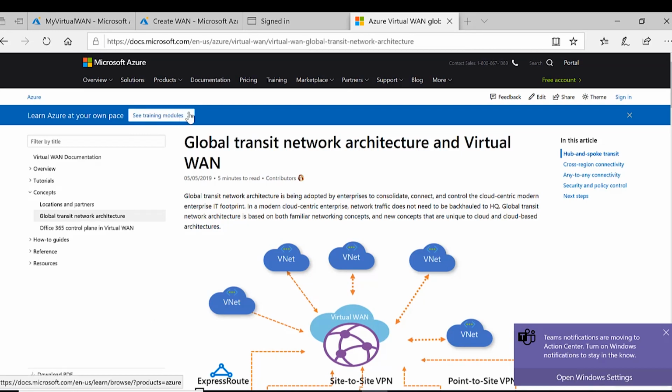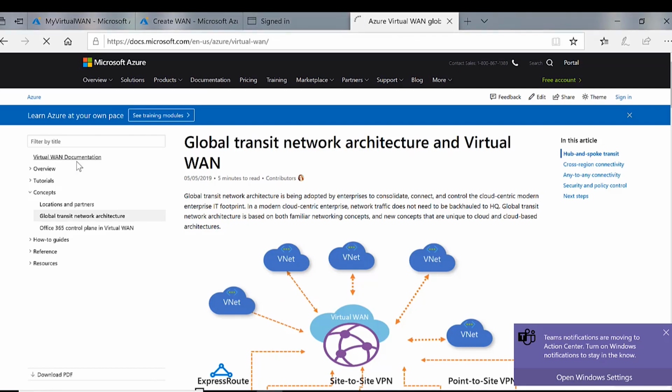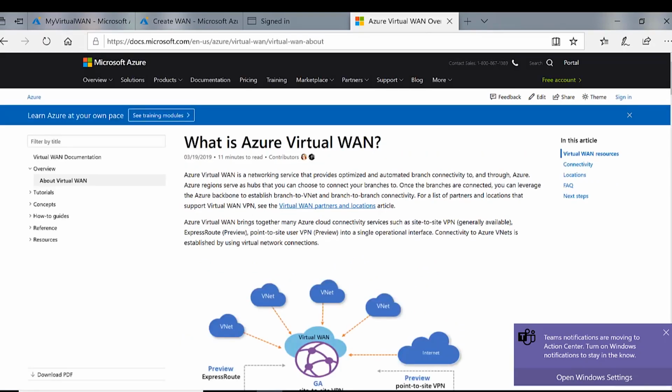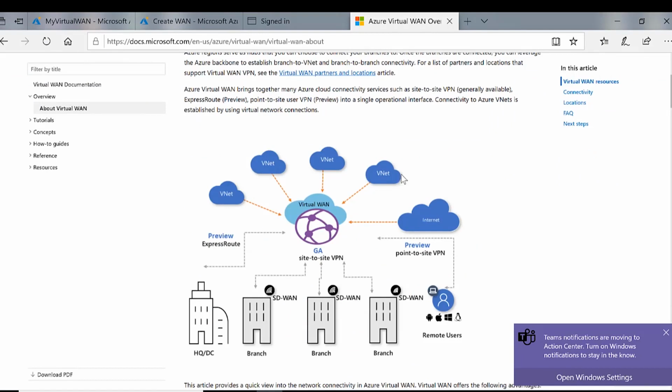We are in the virtual WAN documentation page, just up on Azure.com. Just search for Azure Virtual WAN, and you should see a few links pop up. When you go into the virtual WAN documentation page, you have an overview section where it walks you through different aspects of the service. There is a very simple architecture diagram here, the concept of hubs, the concept of different spokes, where you could have on-premises spokes. You could also have spokes in Azure.